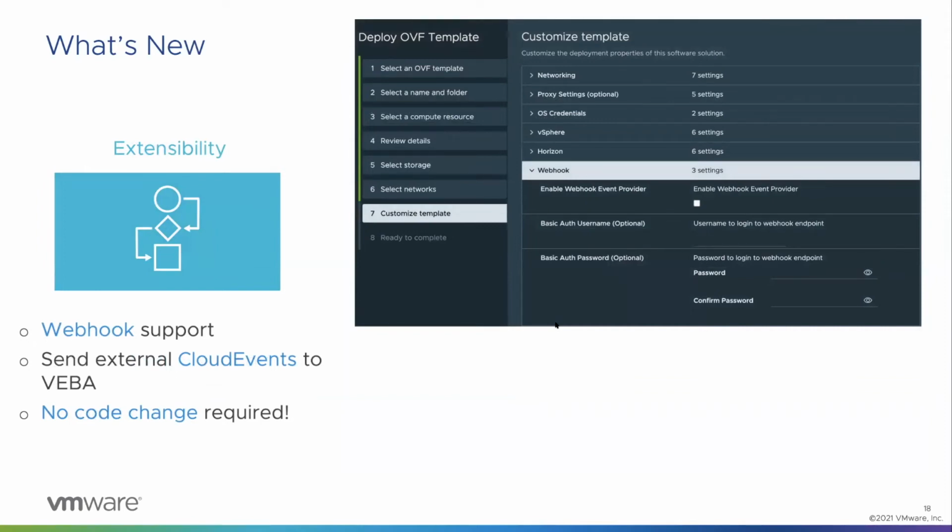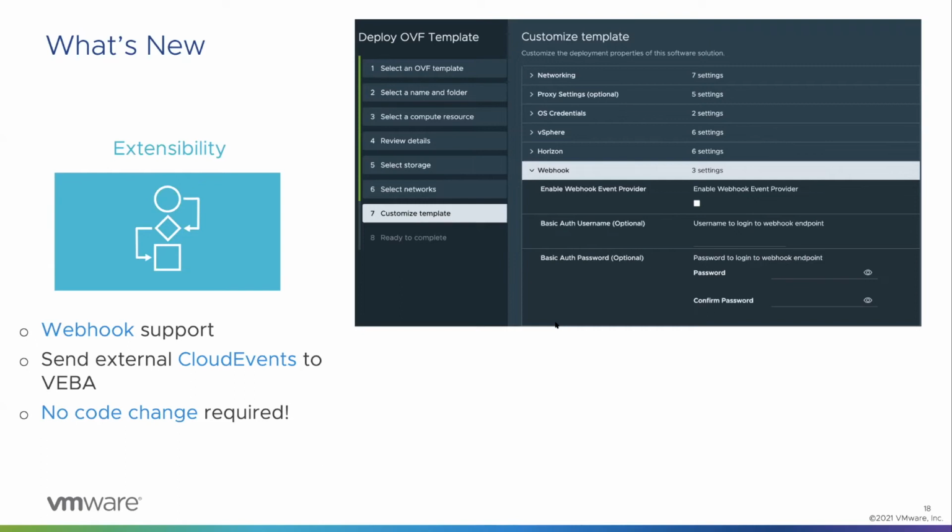And we'll stay with the Log Insight topic here a little bit, but zooming out, we also added webhook support. If you're not familiar with what webhooks are, it's literally nothing but an HTTP server that we additionally spin up in Viva, and that listens for a specific kind of incoming HTTP messages or packets, if you will. And so if you are about to send an event from outside, from any system that can create or construct a cloud event, which is the industry standard that we are using in Viva, you can easily ingest that